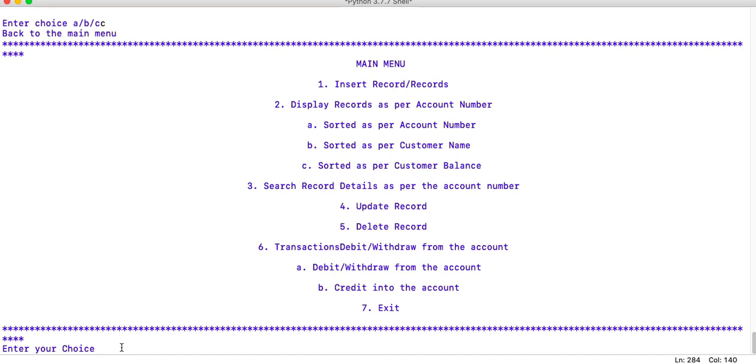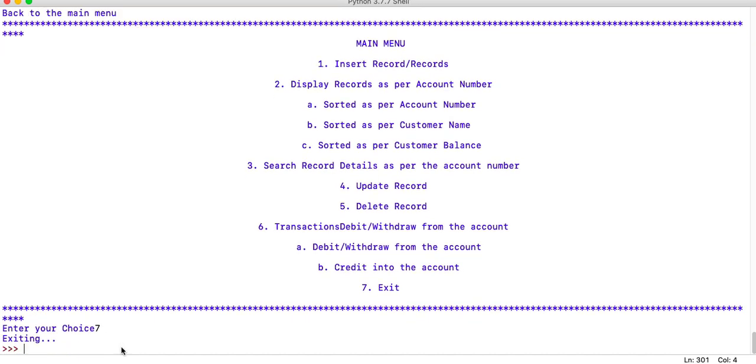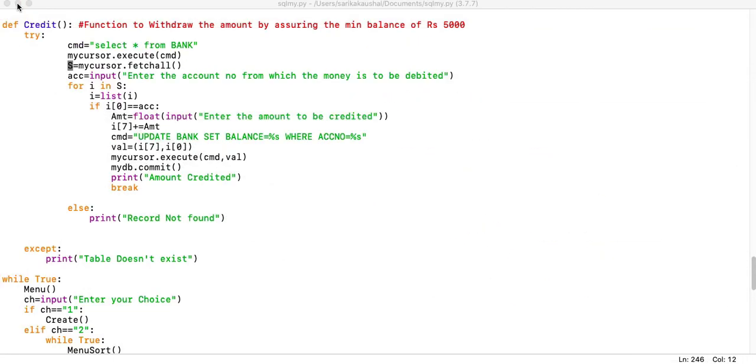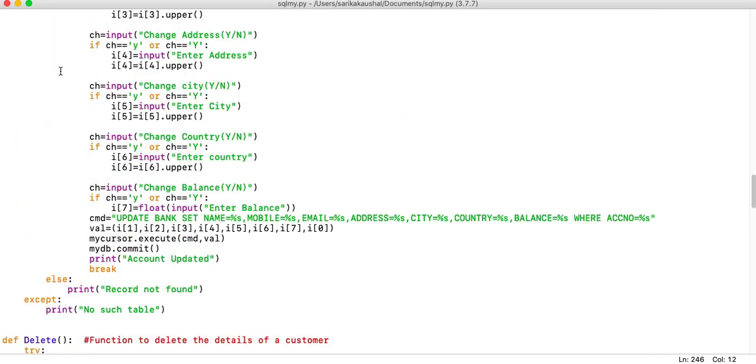Every time you execute a command, you are supposed to use fetch all. Whenever there is a buffered cursor or unbuffered cursor, which is accessing the information from the server, you have to remember to access the entire information, please use fetch all. If you don't use fetch all, the first execute command will access the record, and the second execution command will not access any record, okay. So that is one of the options.